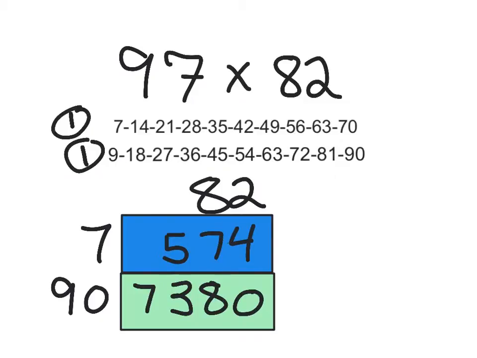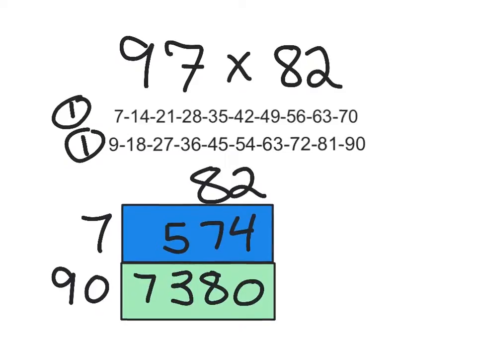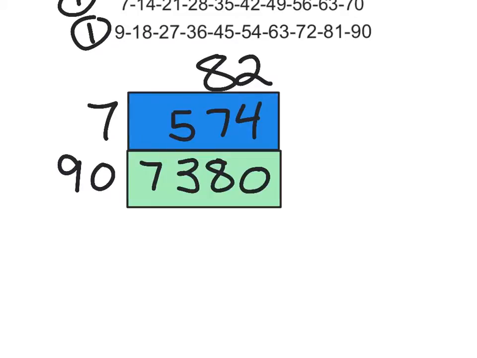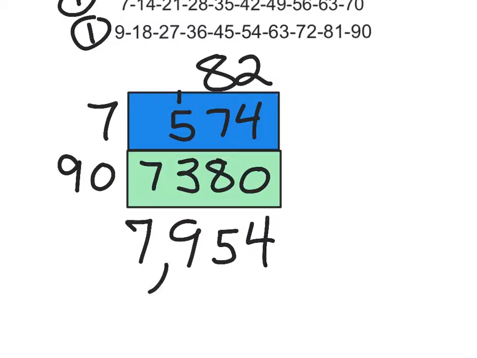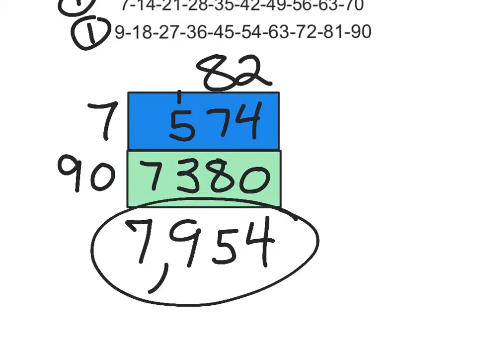Now I'm all done with the multiplication. All I have to do is add these 2 bad boys together, and I get 4 and 0. Well, that's going to give me 4. 7 and 8 is going to give me 15. I'm going to drop the 5 and carry the 1 right up there. 5 and 1 is 6, plus 3 is going to give me 9. And then I'm going to simply drop that 7, and right there, my friends,